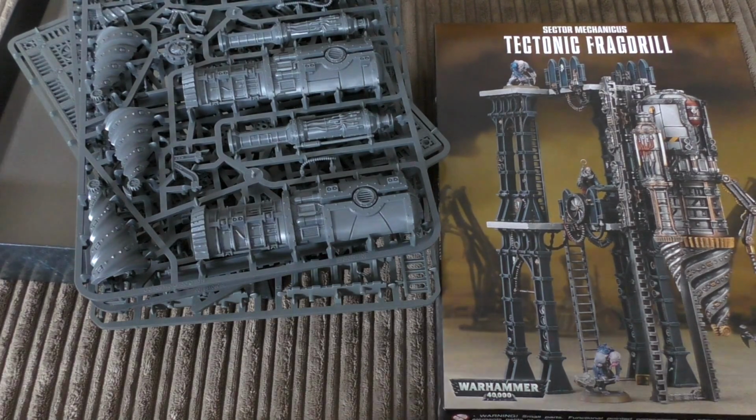Anyway, what do you guys think of the Tectonic Fragdrill? If anything, I think it's a really, really cool, awesome name for it, and it's definitely going to look at home